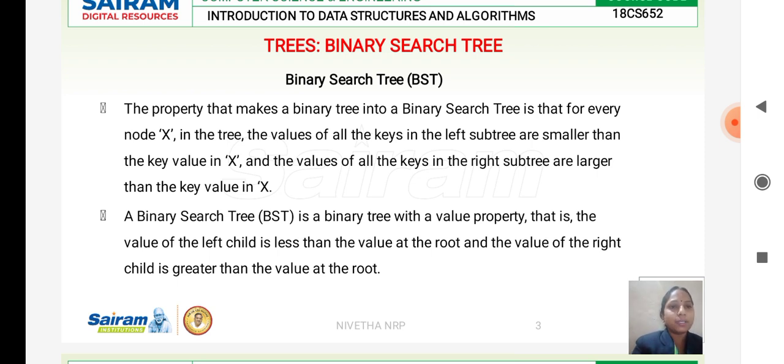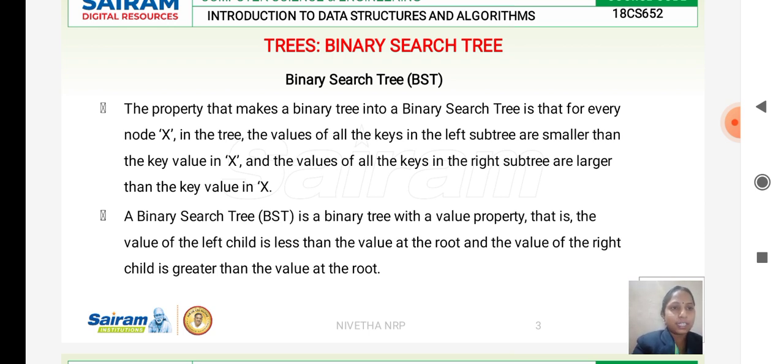We have a property in binary search tree. We know what all the components of a tree are. We have a root node, a left child, a right child, siblings, a leaf node; we have many terminologies in tree. Here in a binary search tree, the condition is that your left subtree should always be less than that of the root node.